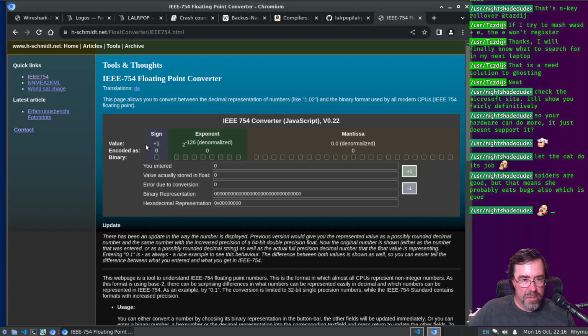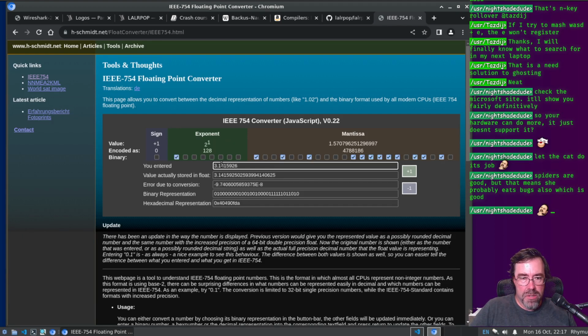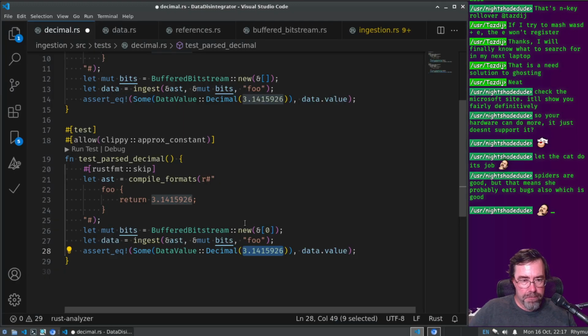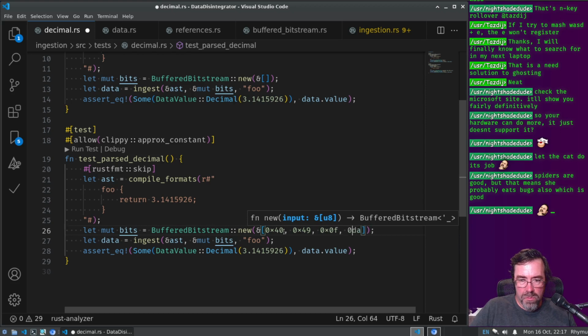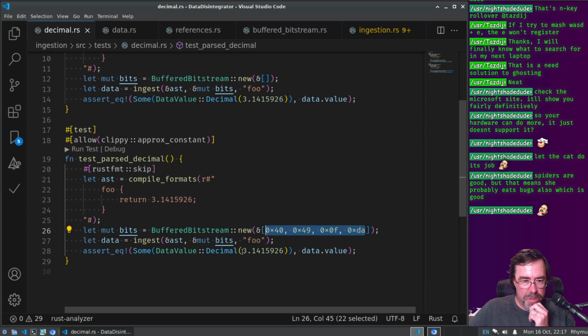Someone's got to have made this. Here we go. I want 3.1415926. There we go. Here's our raw bytes. So that, as a 32-bit float, should be parsed as that. So then what we do is do D